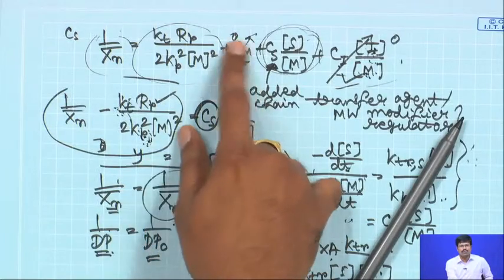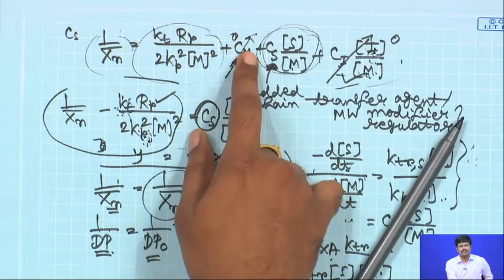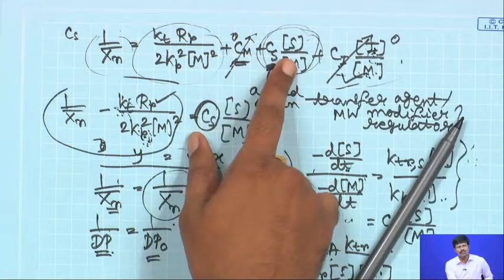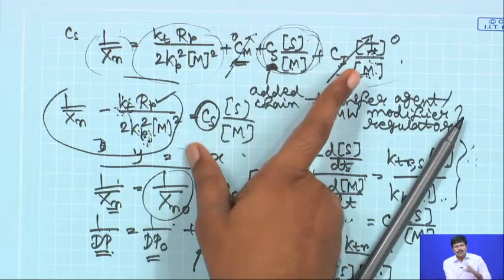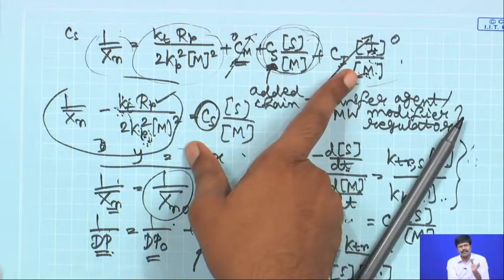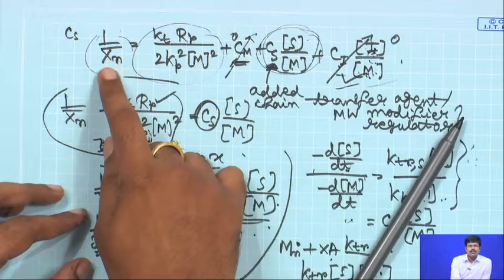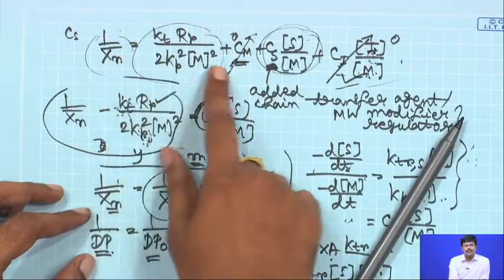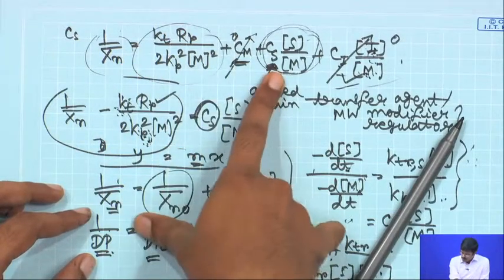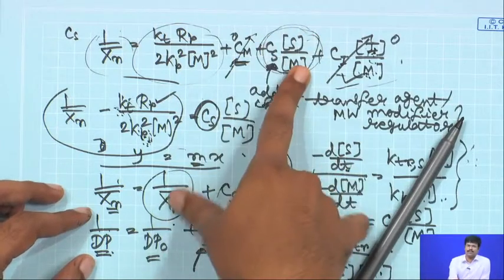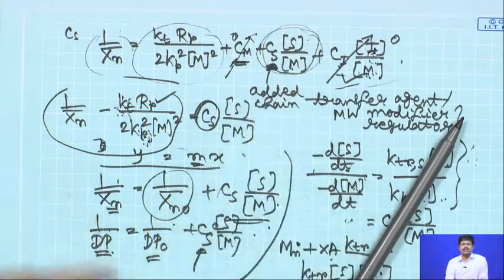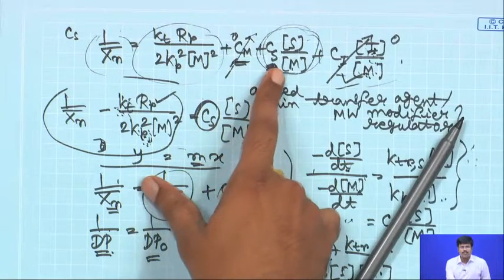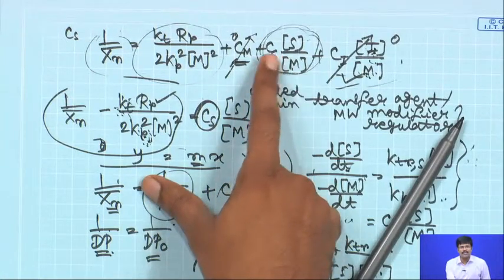You cannot do much about it, because you do not change the monomer, but you can do something in another case. Let us say you consider the case where you have a higher molecular weight than you desire. As I told you, that is also not a desirable thing. So, what do you want to do? Then you add a chain transfer agent to your system, because a chain transfer agent limits your molecular weight. But of course, you do not want to add a chain transfer agent which has a higher Cs,